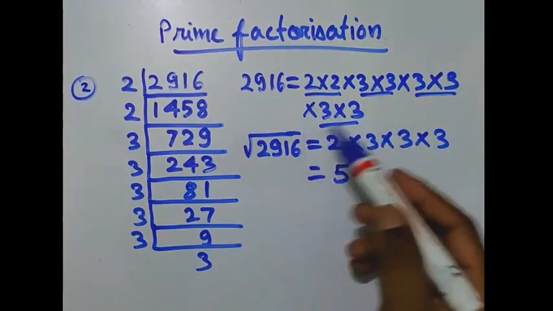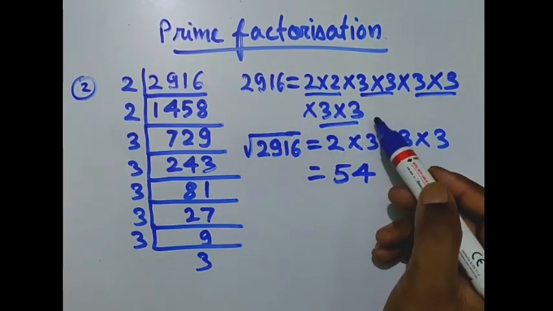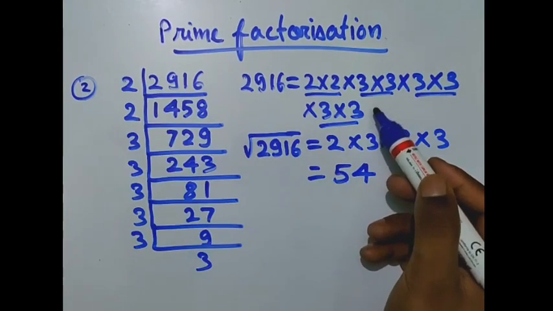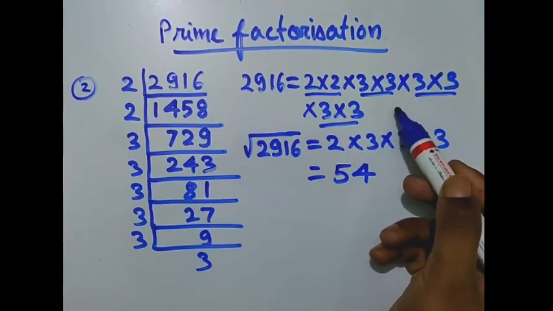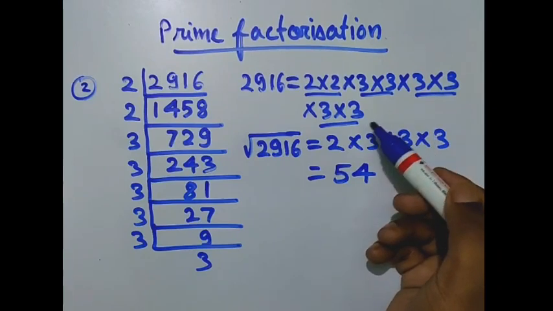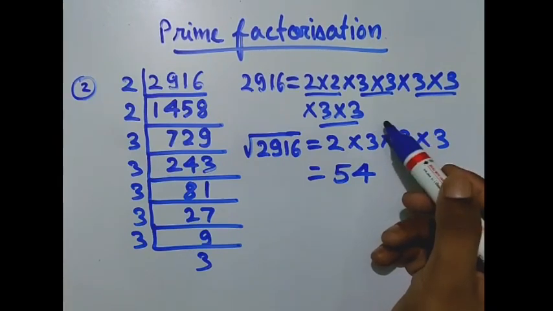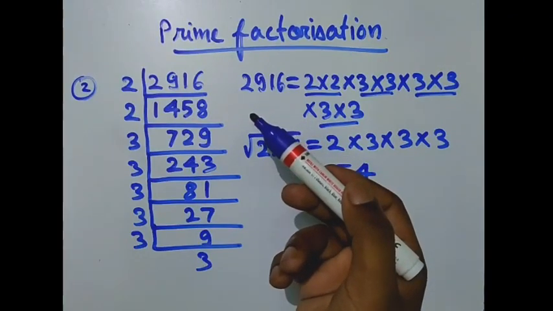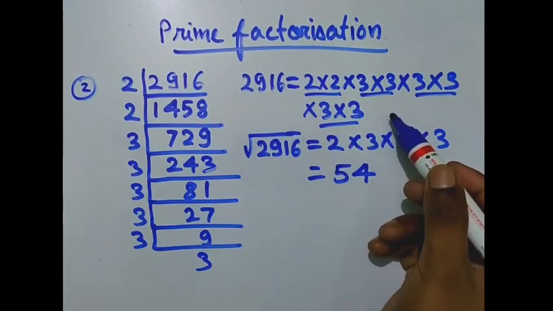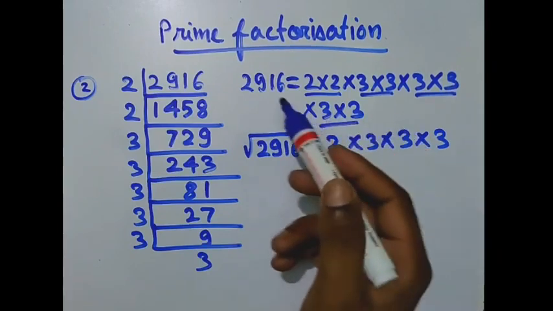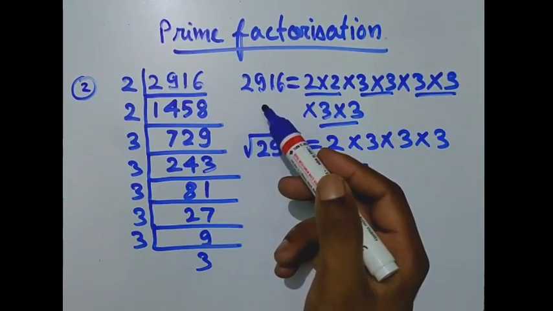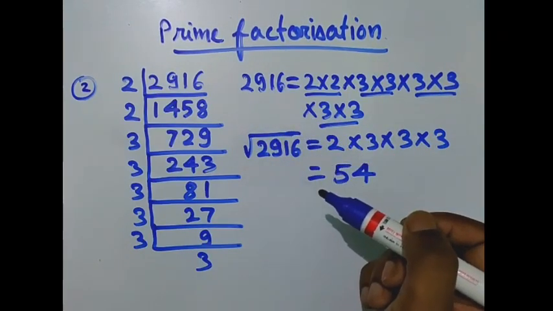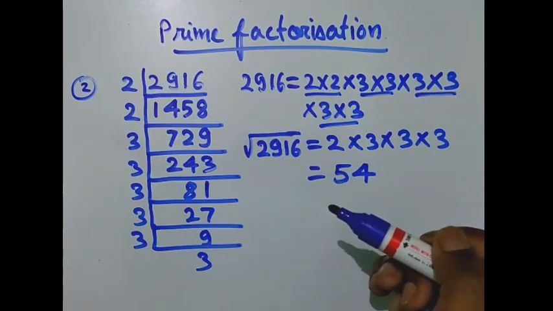Now you may be wondering, what if there is another prime factor alone and there is no pair? In that case, that number will not be a perfect square. If any factor is left alone without a pair, then we can say that number is not a perfect square. That is a non-perfect square.